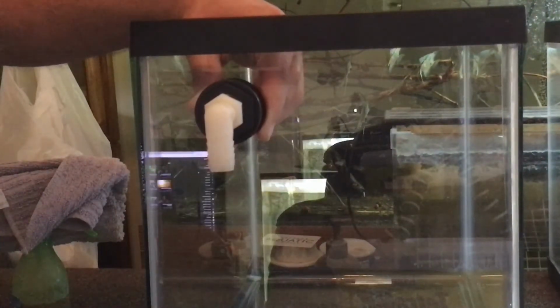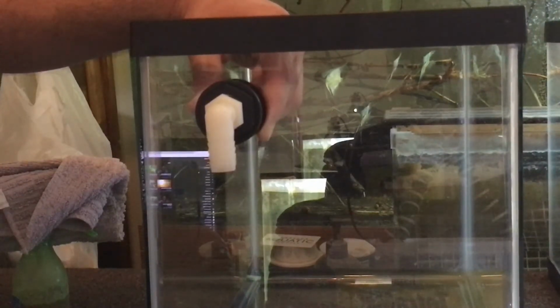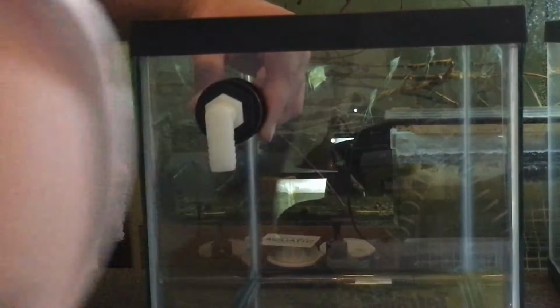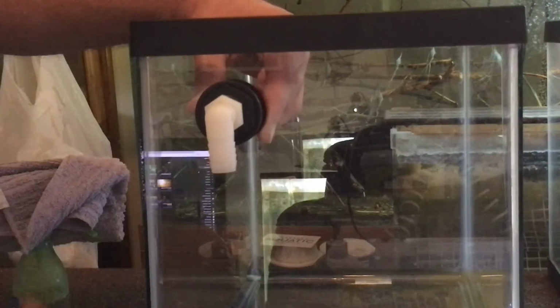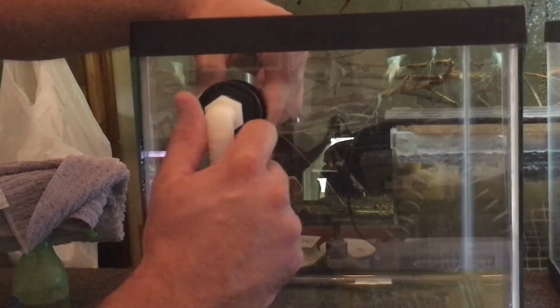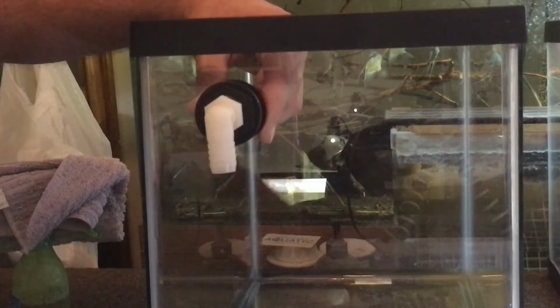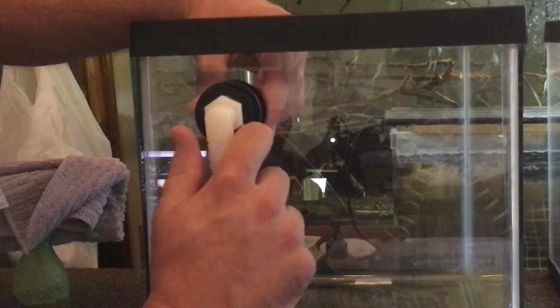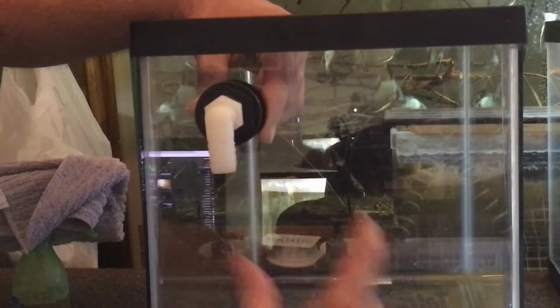So one thing that I'm going to tell you to do, but I'm not going to do because I'm not to that point yet. But the reason I wanted to get these done is I'm going to paint the back and the sides and the bottom of these aquariums. But this is when you would want to add your hose right now. While it's loose, heat up your hose in some hot water and slide it on there. Because if you do it afterwards, there's a good chance you're going to put pressure on this and crack this